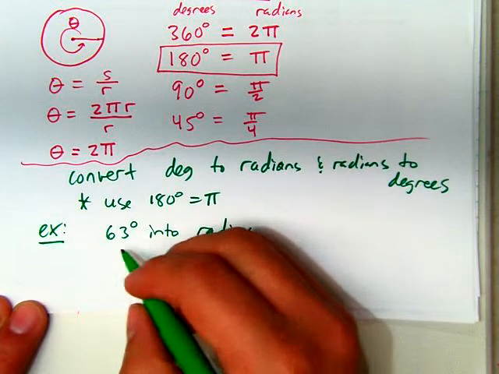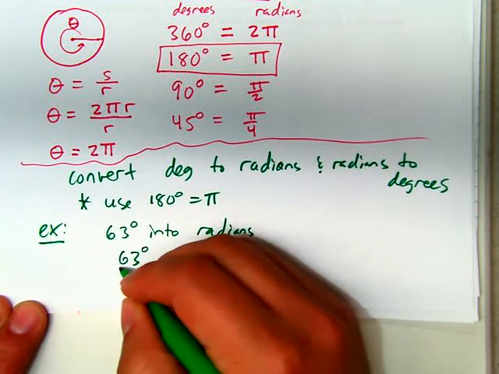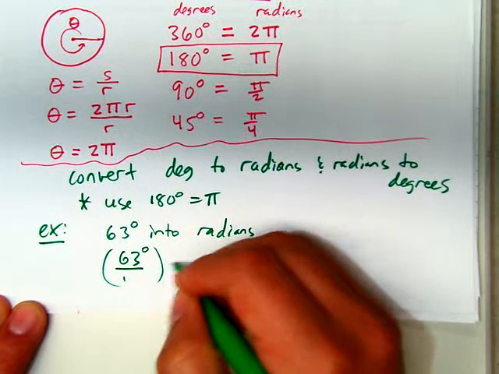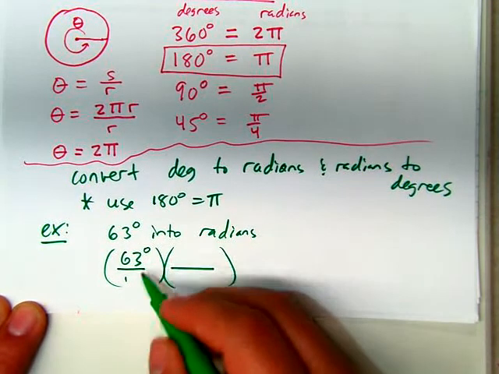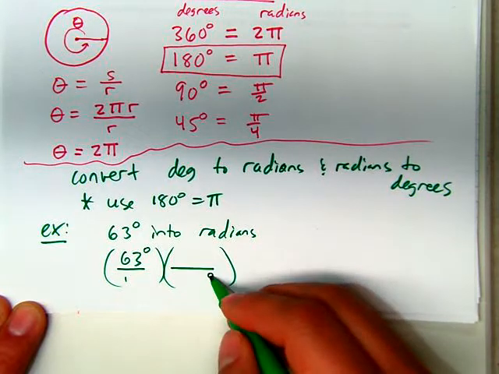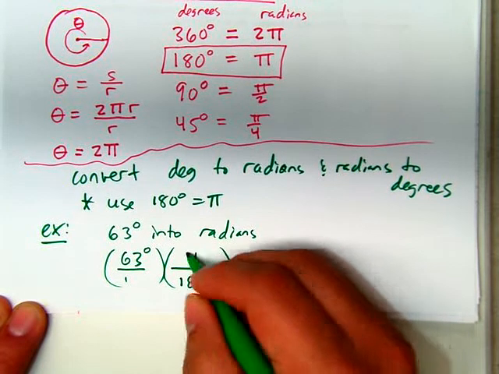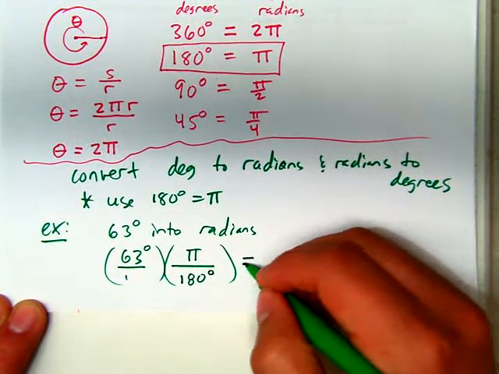we'd simply do some unit analysis. Start with 63 degrees, and now if we don't want degrees anymore, we're going to put the degree unit on the bottom. And our link is that there's 180 degrees in pi radians. So now if you go ahead and multiply this out,